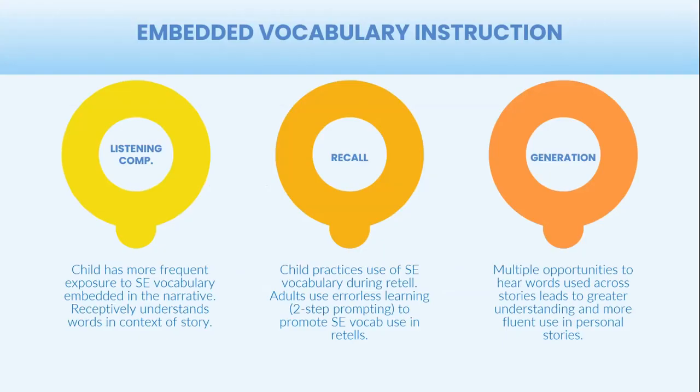These are the ways in which Story Champs embeds this vocabulary. What we do is we expose children to lots of different social emotional vocabulary terms, right? We embed those in the stories, whether they're going to be at the level where they're fluently using those words in the retells or in a generation, at least they're demonstrating understanding in the listening comprehension. So do they receptively understand what that feeling is in response to the problem? And you can do point to, touch, show me in those cases when we have some individuals who can't vocalize